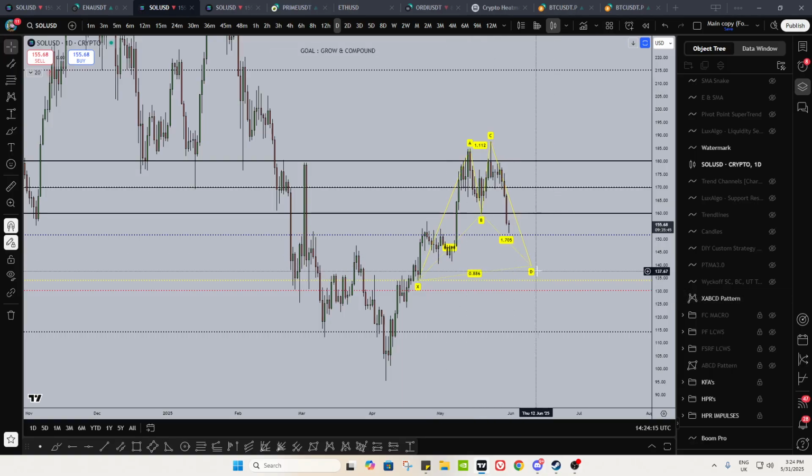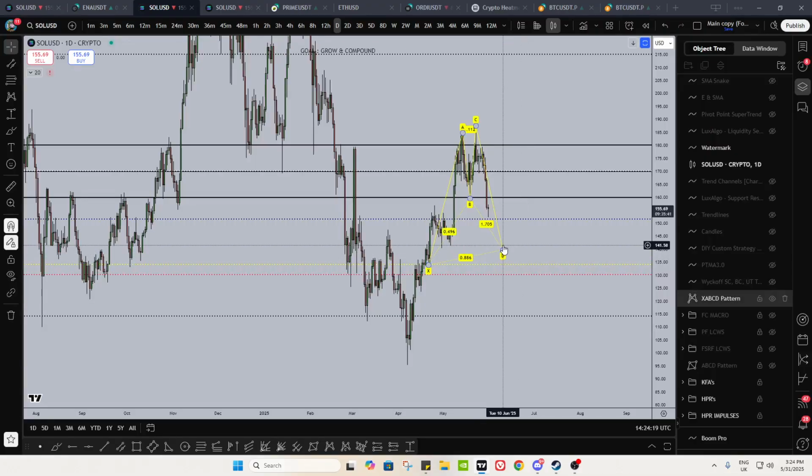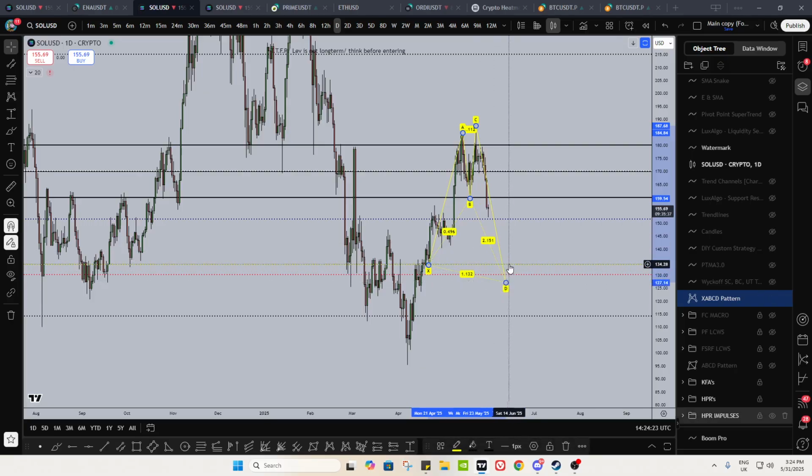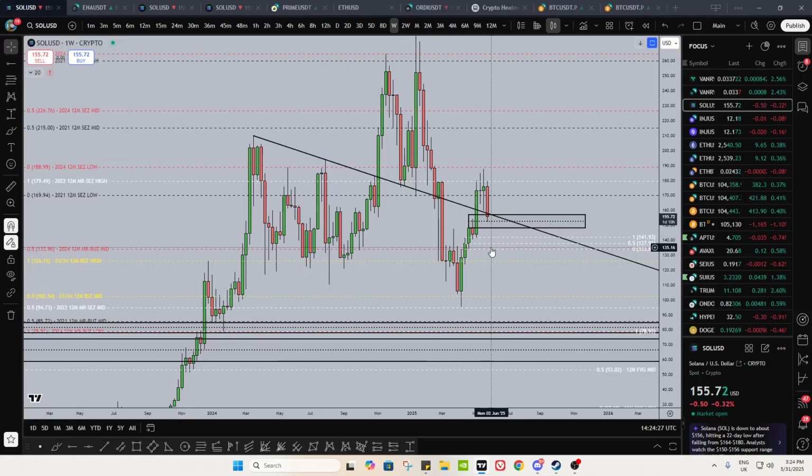Still be a macro high or low. You take out all of these wicks over here. Might go to the 1.13. Like if it did, it looks something like this, right? In which case you've raided these lows and then go, but down at that range, down back towards 130 looks good for Solana. Like, of course, we're never going to get that if you keep maintaining above this trend line. We're never going to get that level, okay?